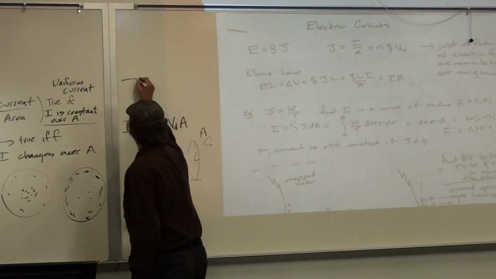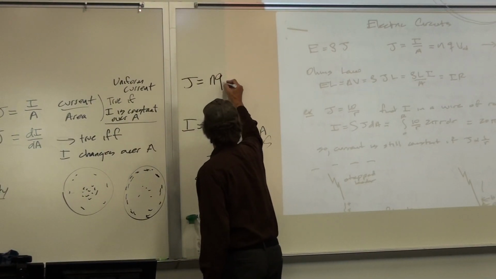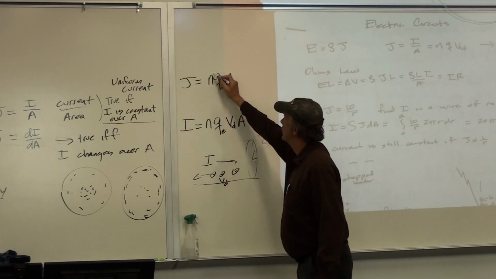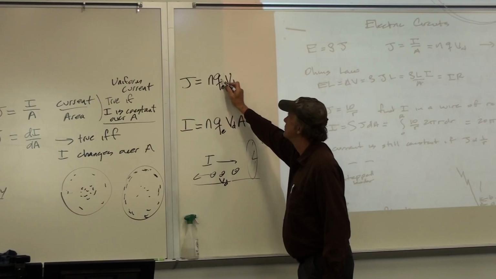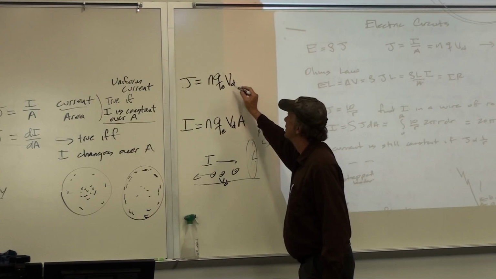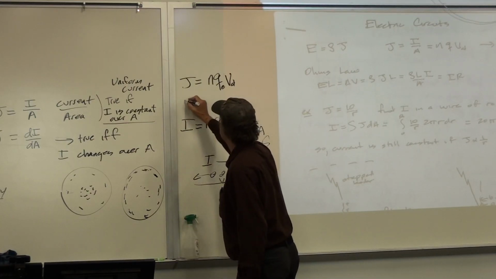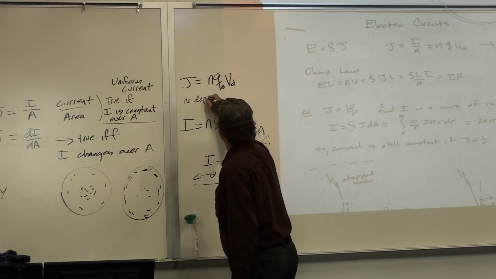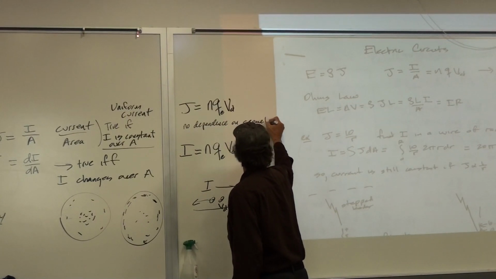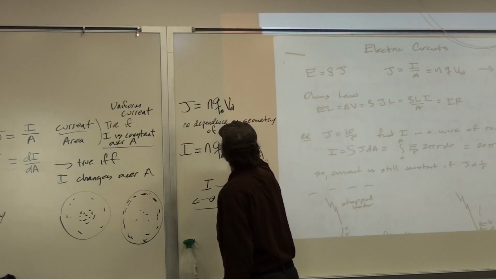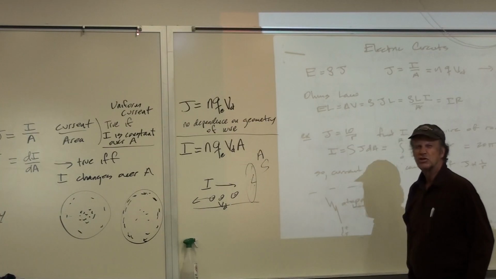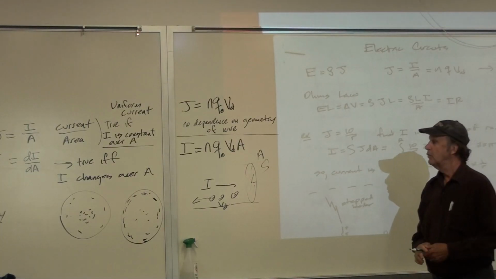So we can see then that our current density is just given in terms of the number of charge carriers times the charge. So this is the amount of charge per unit volume that's moving times the average speed of the charge. So there's no dependence on the geometry of the wire. And so that's what makes the current density a more general description for what's happening,